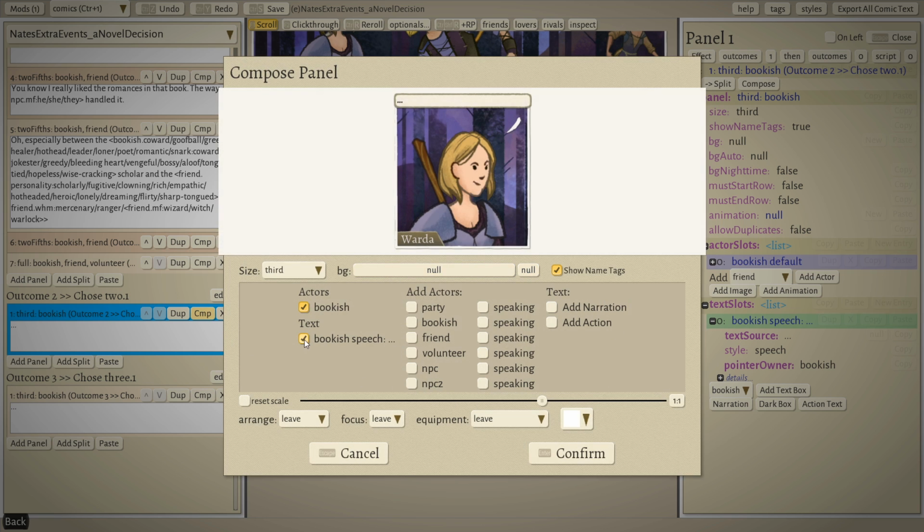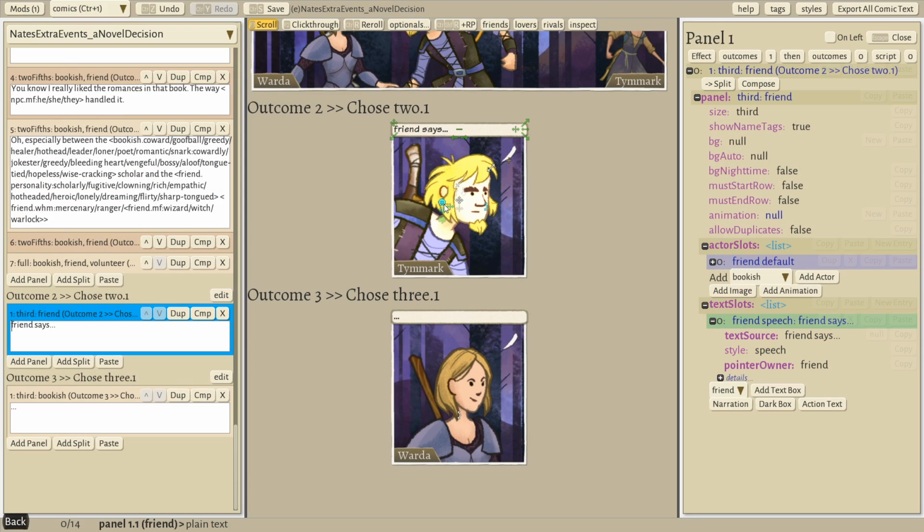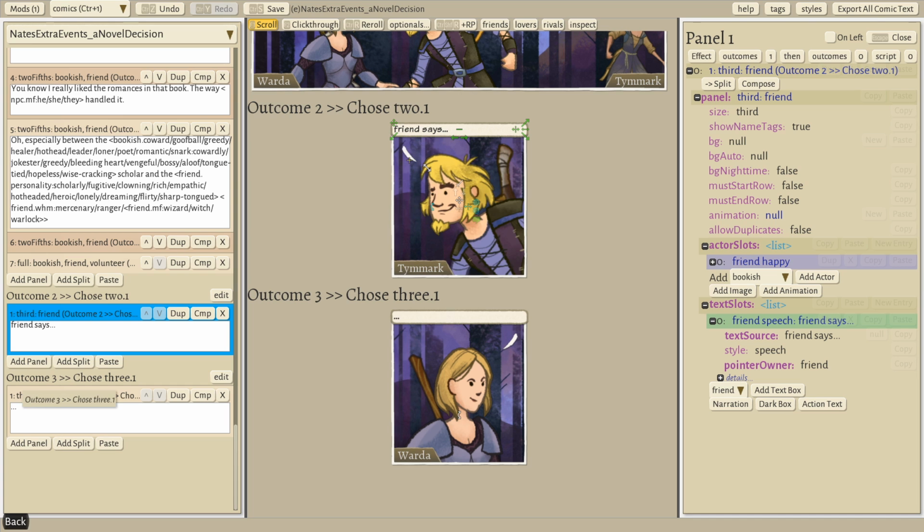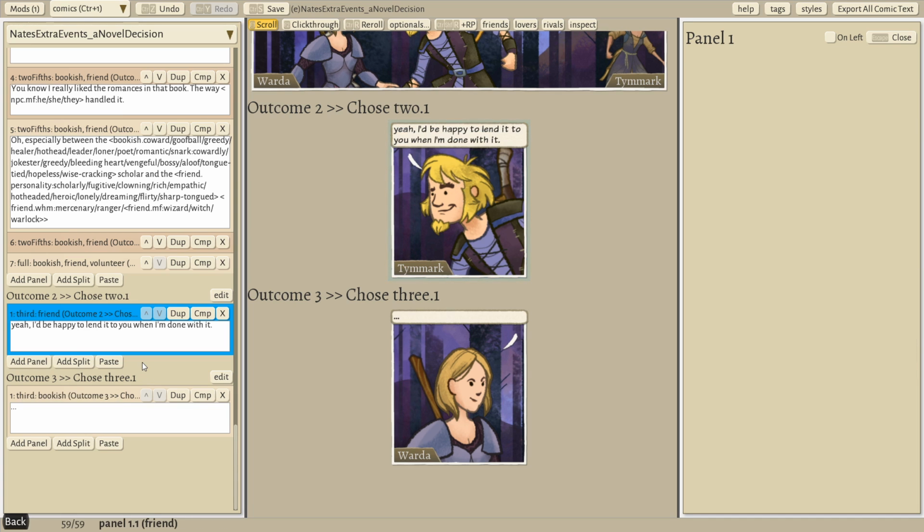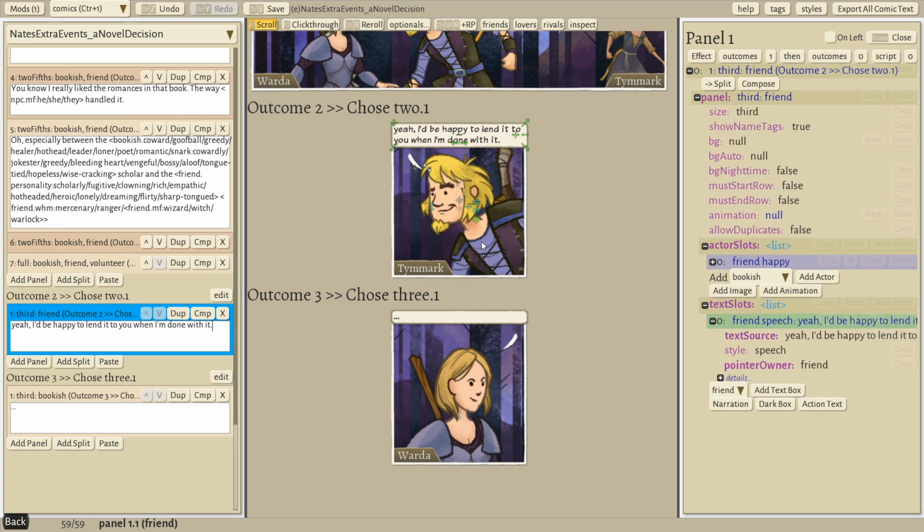We will get rid of bookish, and we're going to add friend. They will be happy because bookish backed them up, didn't turn on them. And they're just going to say,